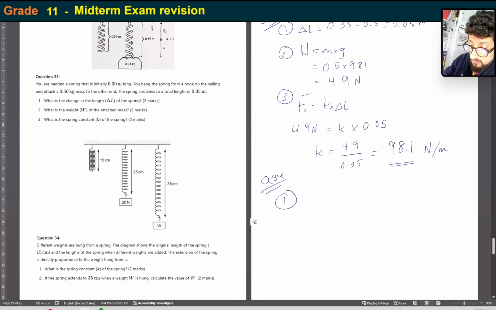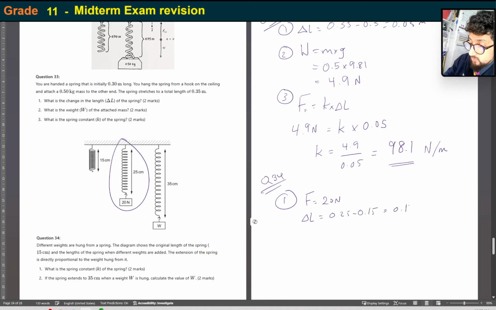So there are two ways of calculating. Actually, we have to use the middle one, don't we? Because that's the only one with actual weight force. So we have to use that. So if we use the force as 20 newtons, and then we have the stretch, which is delta L, and that's going to equal 0.25 minus 0.15, which